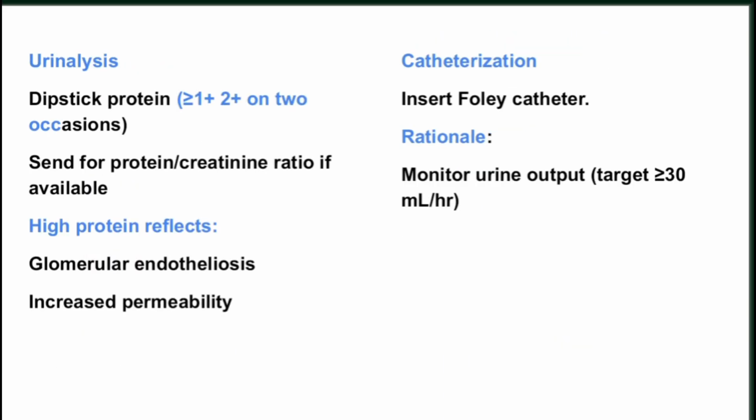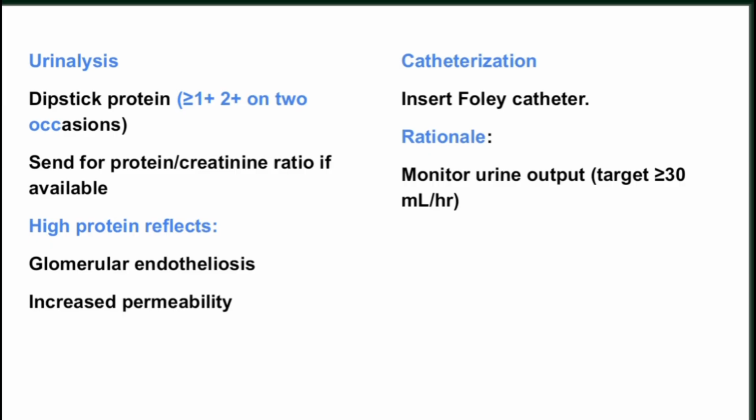So with that being said, we can also do a urinalysis, and when we do a urinalysis for mild preeclampsia, we'll find that this patient is asymptomatic, but they have proteinuria at least 1 plus and or 2 plus, and we're also going to send the patient for a protein creatinine ratio if it's available in our setting. We're also going to catheterize the patient to monitor the urine output, which should be greater than at least 30 mils per hour. So we're doing this just to know if this patient has got any oliguria or any existing